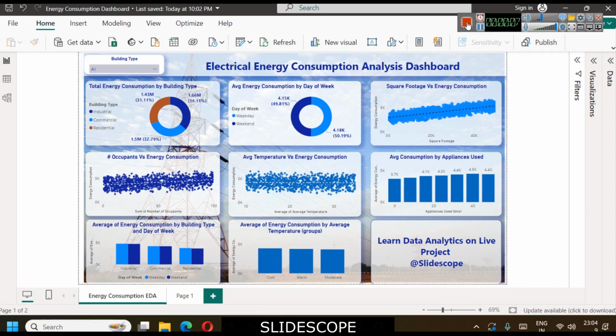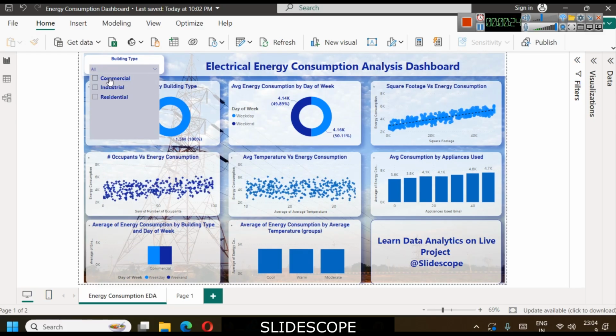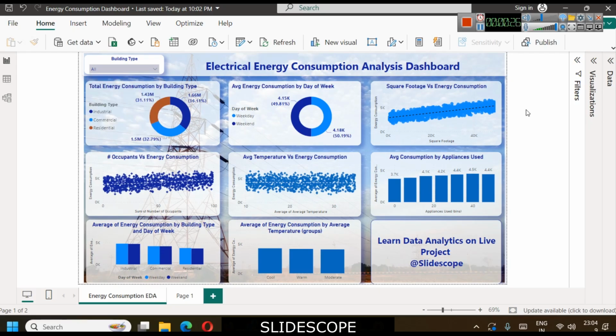In this part, we are learning about electrical energy consumption analysis on the data set. We will create an electrical energy consumption dashboard in Power BI. In this dashboard, you can see we have filters like building type. On the basis of building type, we will be able to analyze energy consumption by day of week, energy consumption